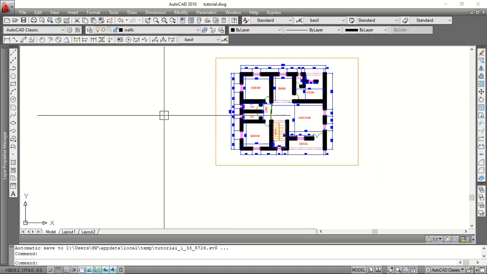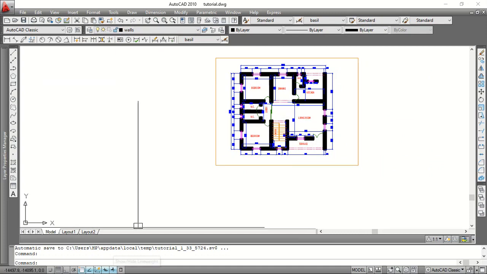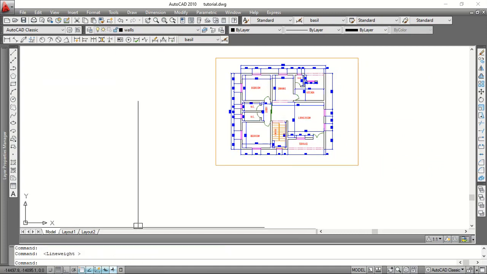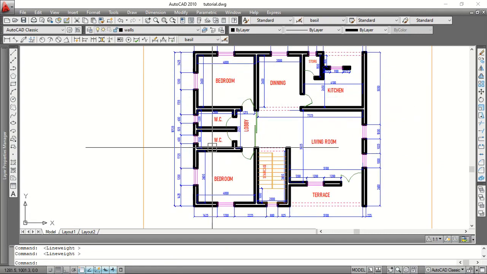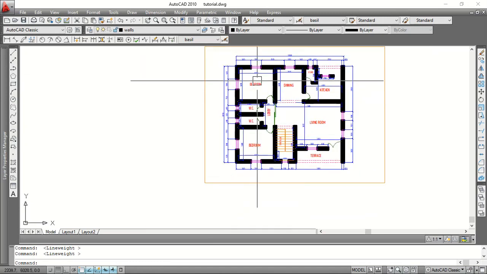The wall layer is active. And don't forget, if I turn off show line weight, everything disappears. So I need to always activate it so I can differentiate different parts of the layers, graphically. All right, so the next thing we're going to be doing now is